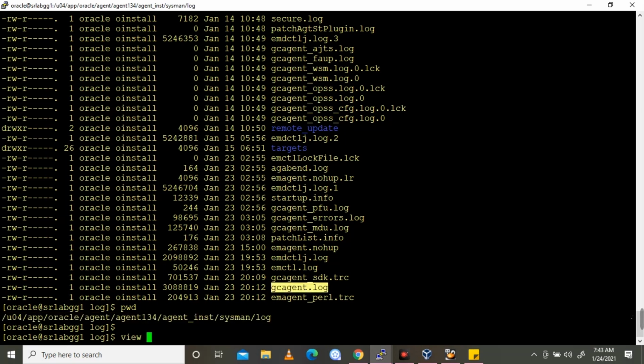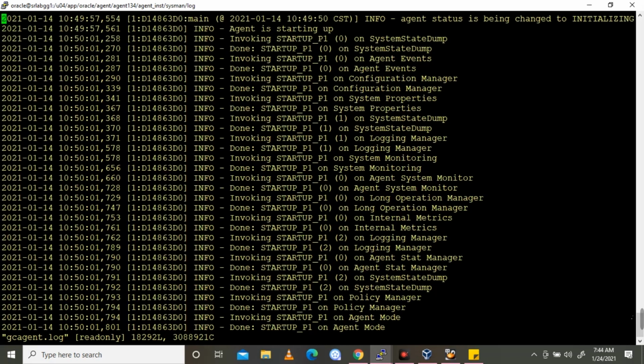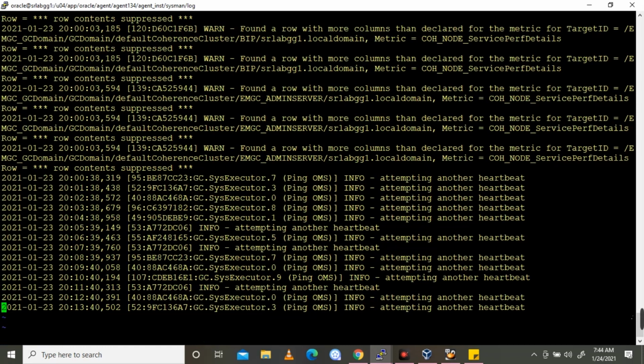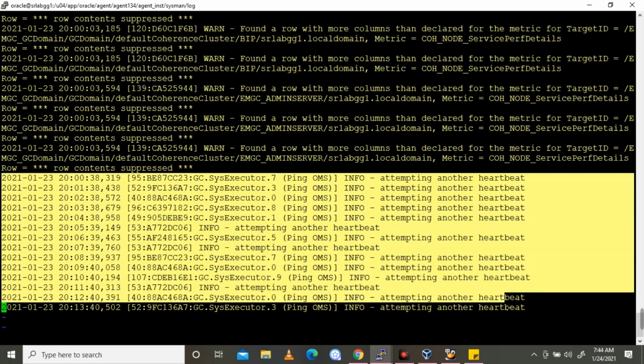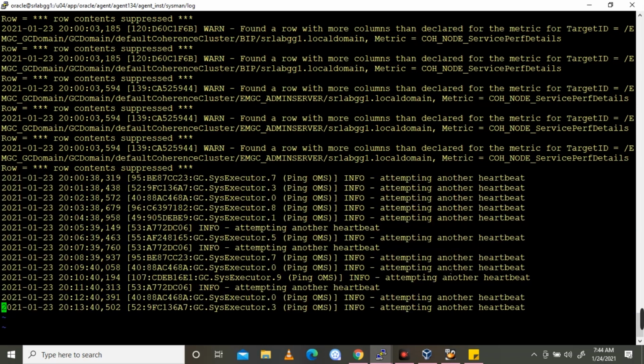This is the main log. We will look out for any agent-related issues. The heartbeat is attempting another upload, and everything looks good with the agent and OMS. All the warnings, issues, and errors are reported in this log.